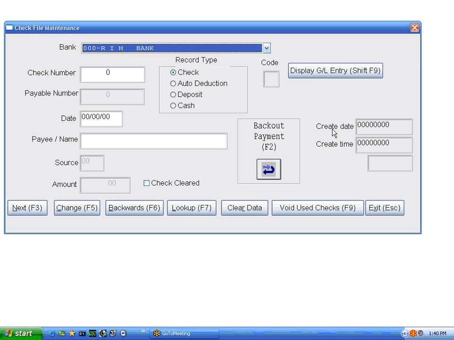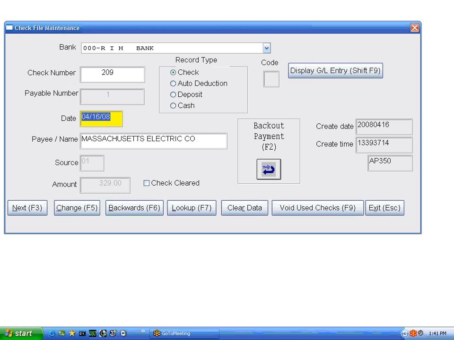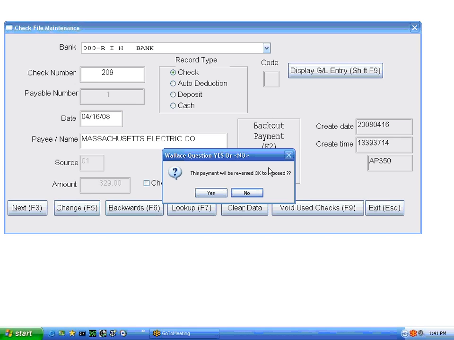What this is asking me is, tell me the check number that you want to back out. I can look the check number up by hitting the Enter key and typing the check number that I know I want to reverse, which is this one right here. If I'd like to reverse this, and this is one way to do it, I can hit okay. That's the check I want to back out. I made a mistake for some reason or another. If I hit Back Out Payment, F2,